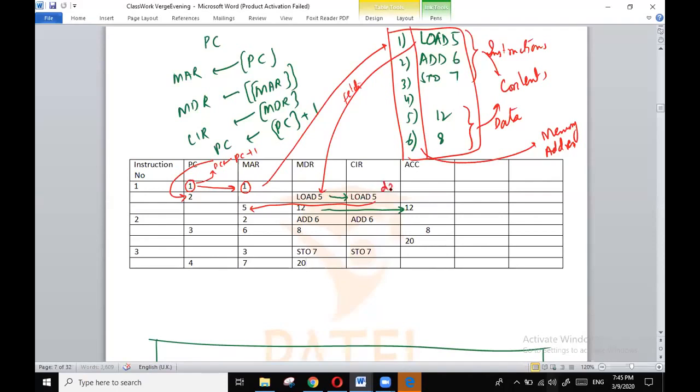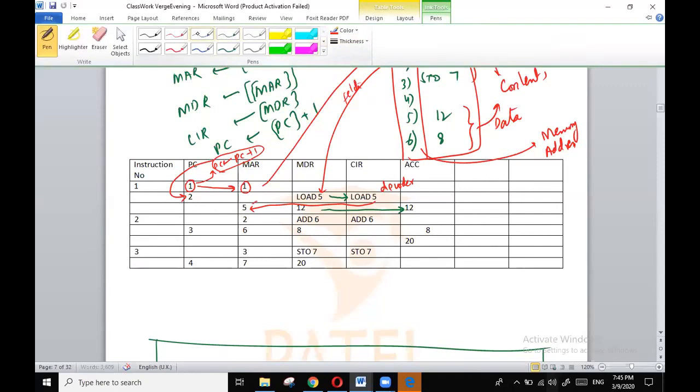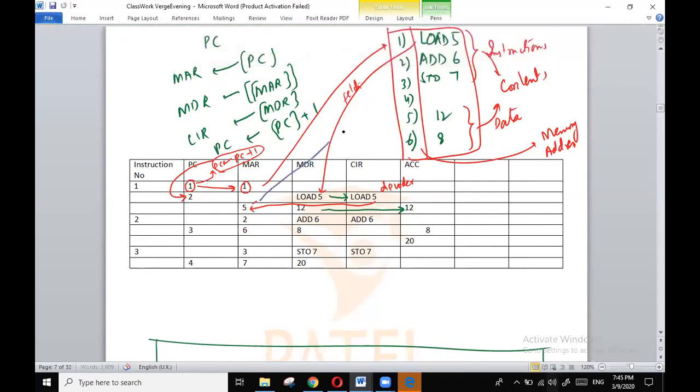CIR decodes the instruction. For decoding, CIR sends this instruction to the decoder. The decoder will decode the instruction. After decoding the instruction, the address part of the instruction is transferred to MAR and PC is incremented by 1. Then it will go to location number 5